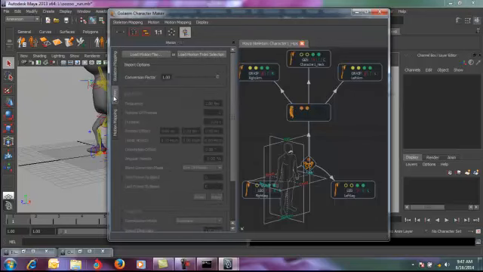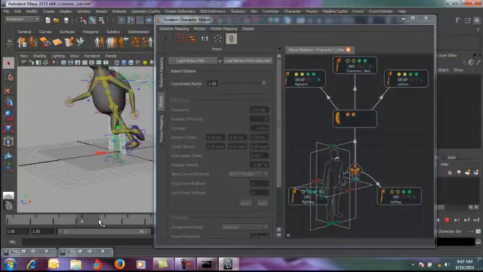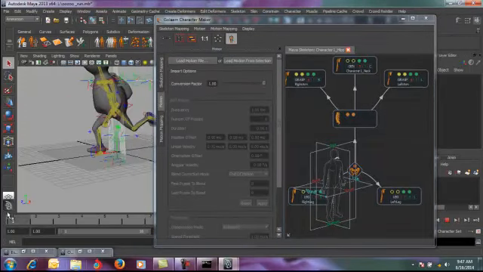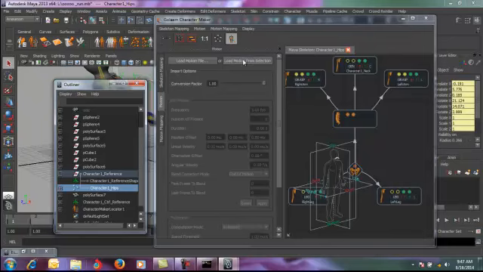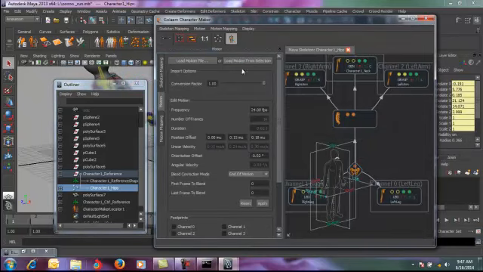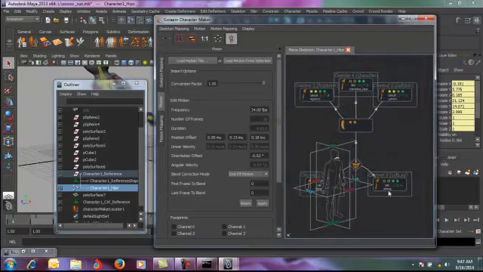What we need to do here is load a motion file, or pick up the motion from the skeleton. As I've already shown you, my character is animated, so I need to pick up this motion. Click on Load Motion from Skeleton. Obviously before that you need to again reselect your root joint, load motion from skeleton, and here you can see that it has picked up the channels. See, channel 0, 1, 2, 3, 4, it has picked up the channels now.